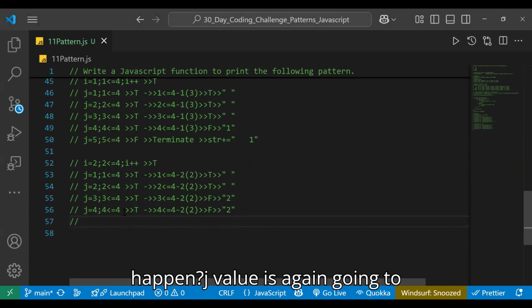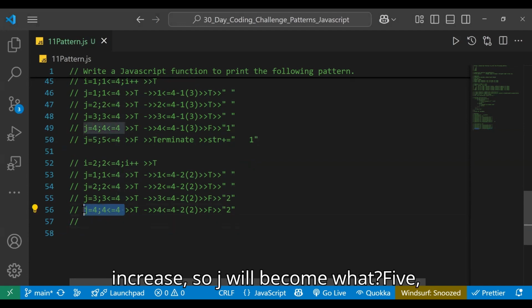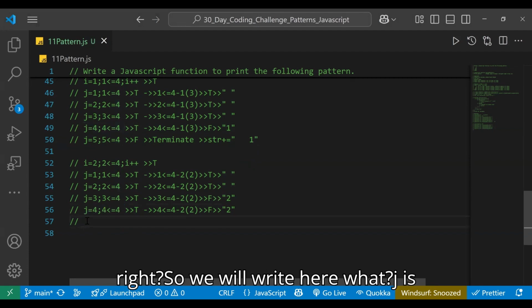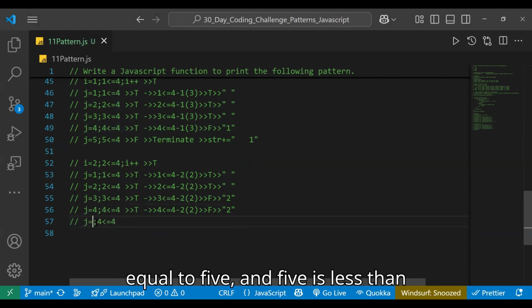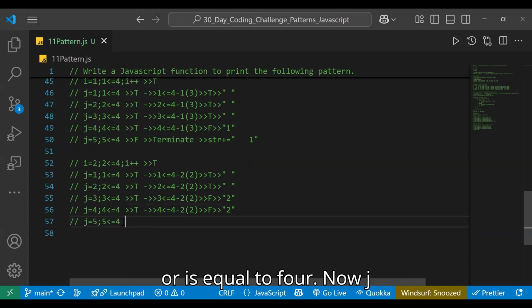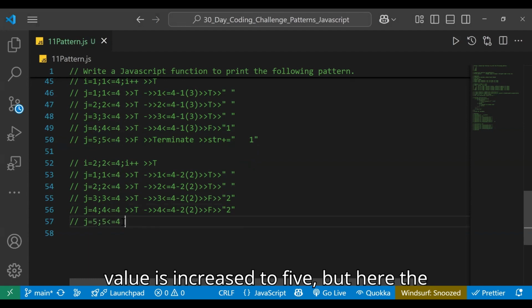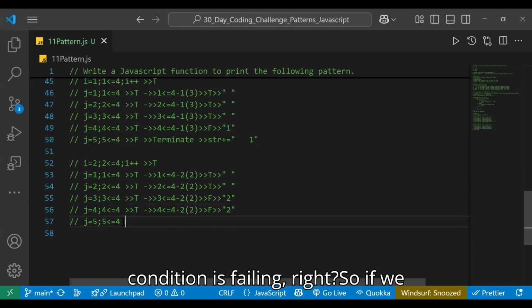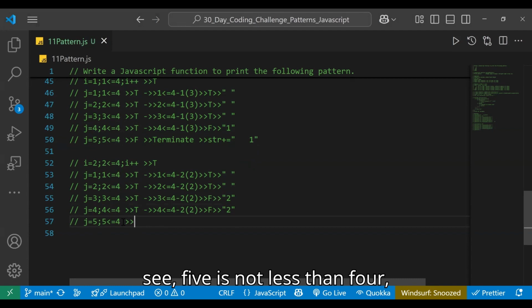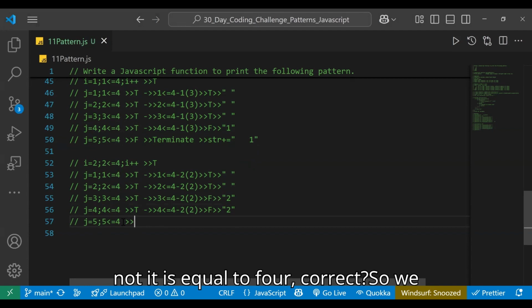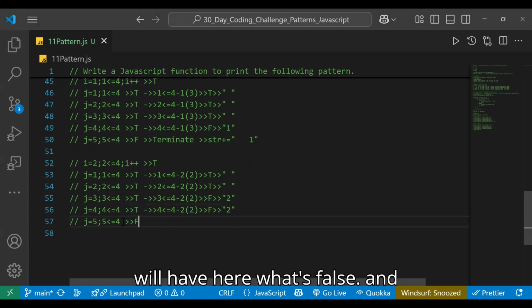Now after this, the J value is again going to increase. So j will become 5, right? So we will write here J is equal to 5 and 5 is less than or equal to 4. Now j value is increased to 5, but here the condition is failing, right? So if we see, 5 is not less than 4, nor is it equal to 4, correct? So we will have here